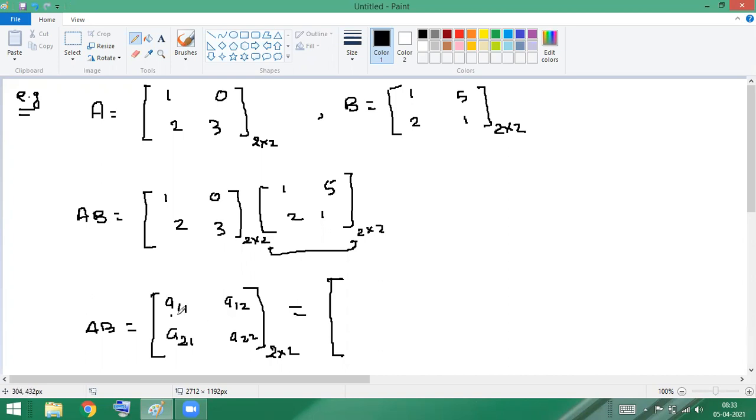ओके, यहाँ पे इस एलिमेंट का ऑर्डर क्या है बताओ. First row, first column. So this is the first row and this is the first column. How many elements we have here? तो देखो यहाँ पे एक एलिमेंट है, यहाँ पे भी एक एलिमेंट है. Now, can you tell me what is the order of this element and this element?